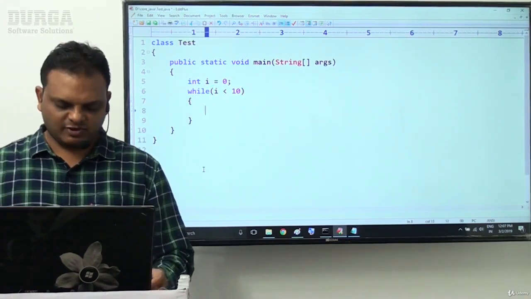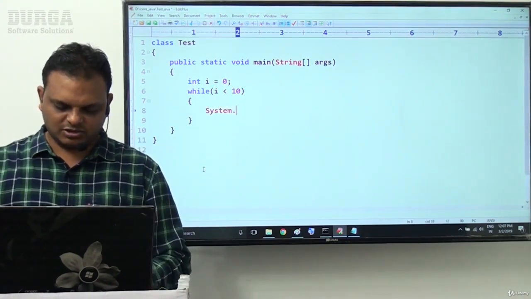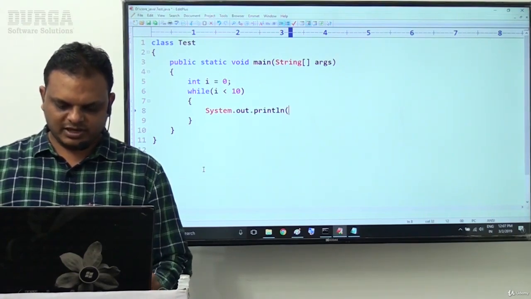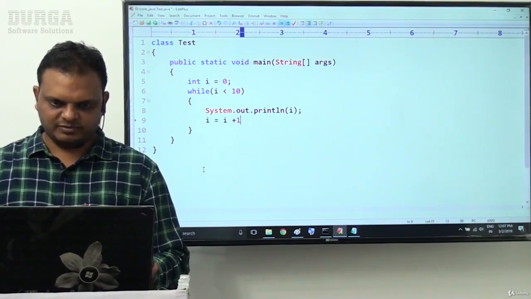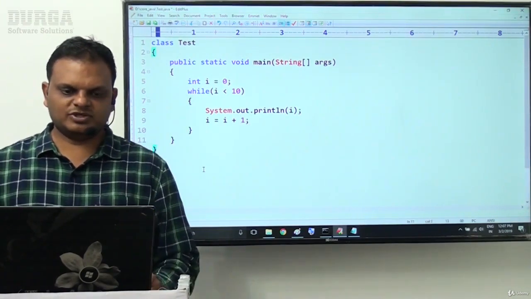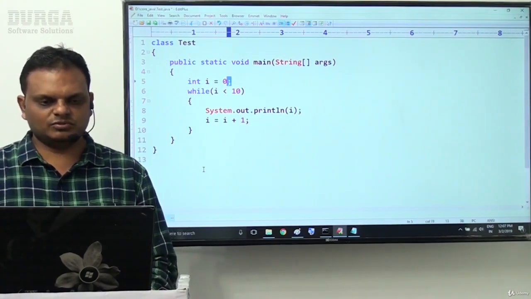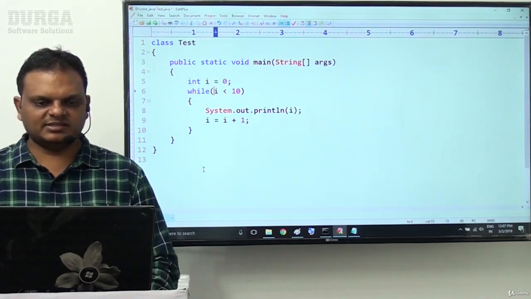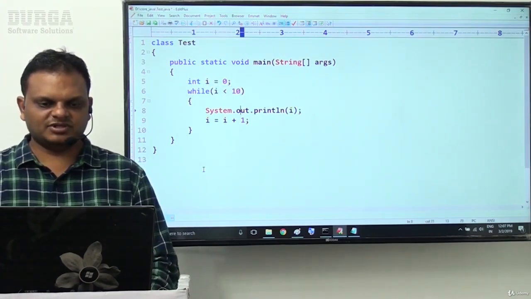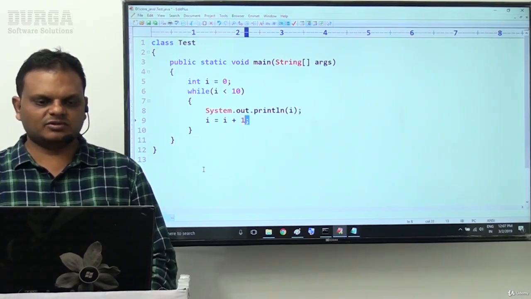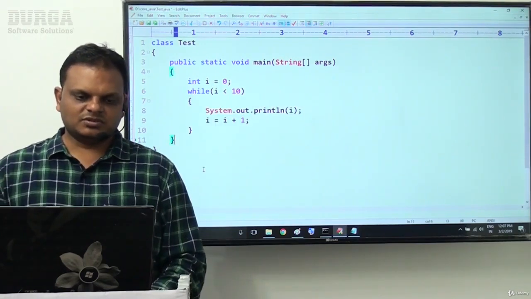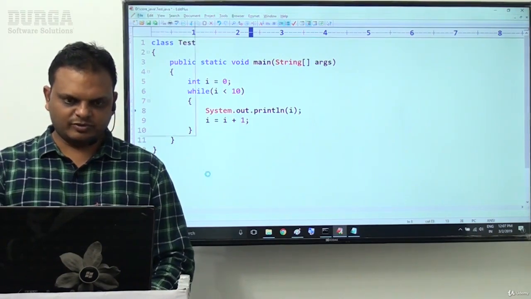Now inside this we provide System.out.println of i, then i is equal to i plus 1. So: int i is equal to 0, then while i less than 10, then System.out.println of i, and here we provide i is equal to i plus 1. This is exactly the content we provide.